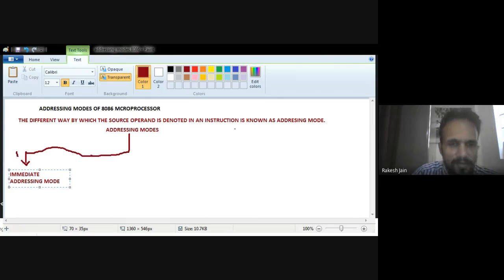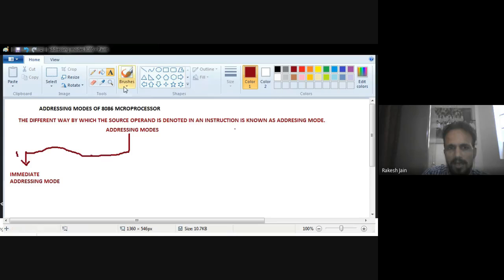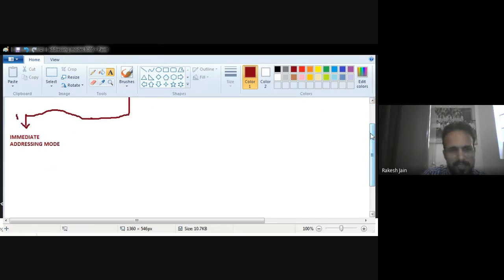In case of immediate addressing mode, we can write the instruction in which the data operand is a part of the instruction itself. It is a type of addressing mode in which the data byte is a part of the instruction itself.